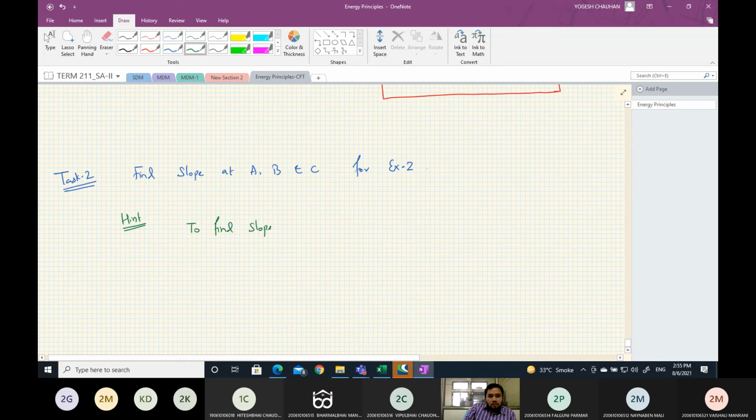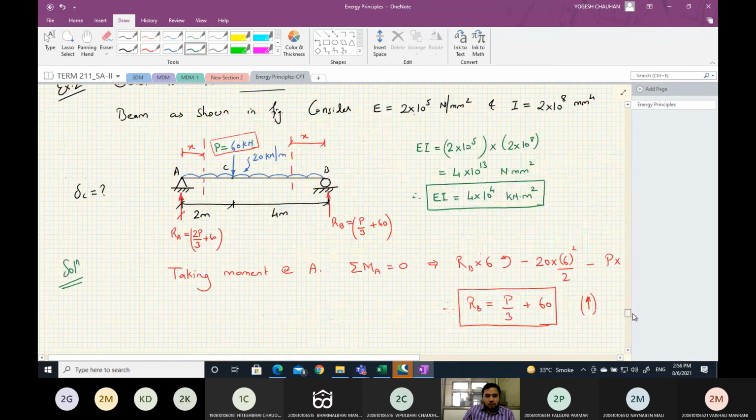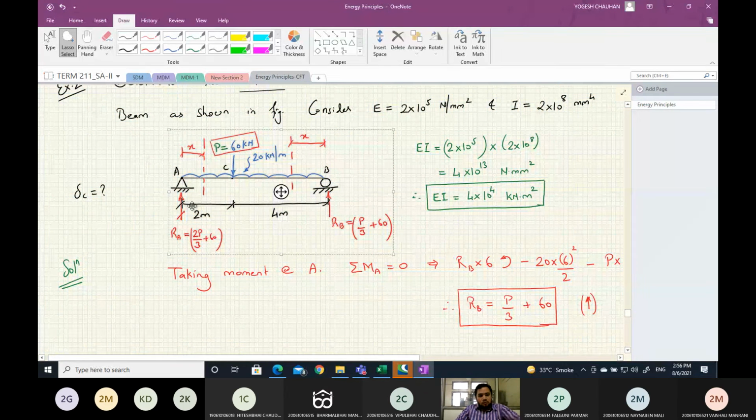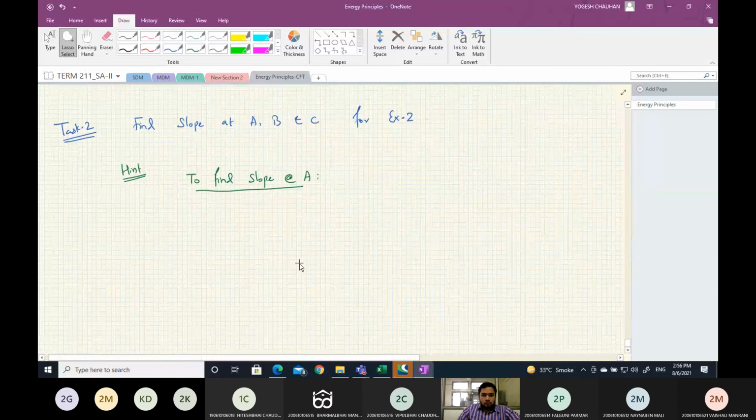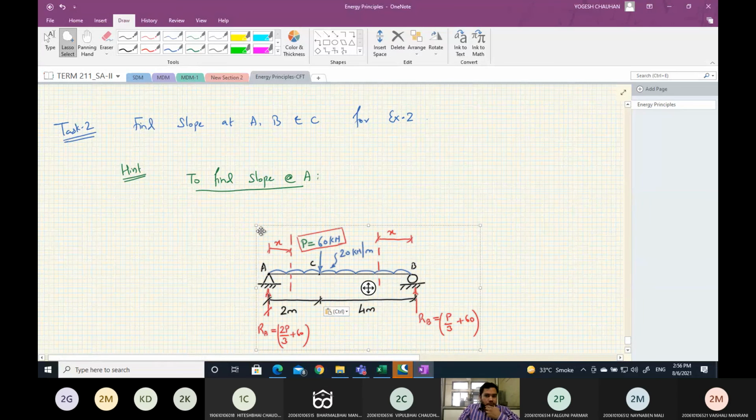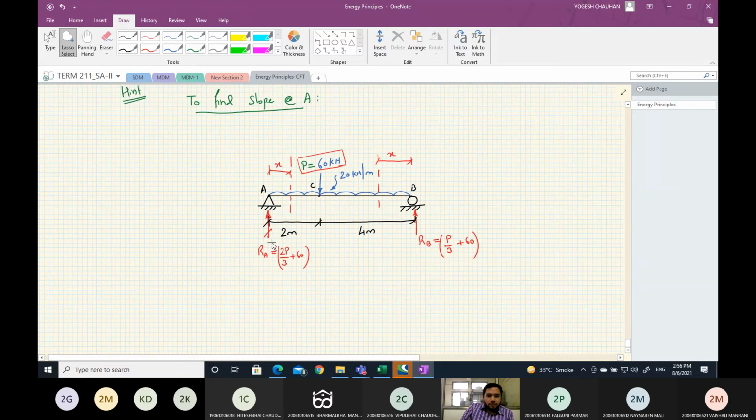To find slope at A, what you have to do,